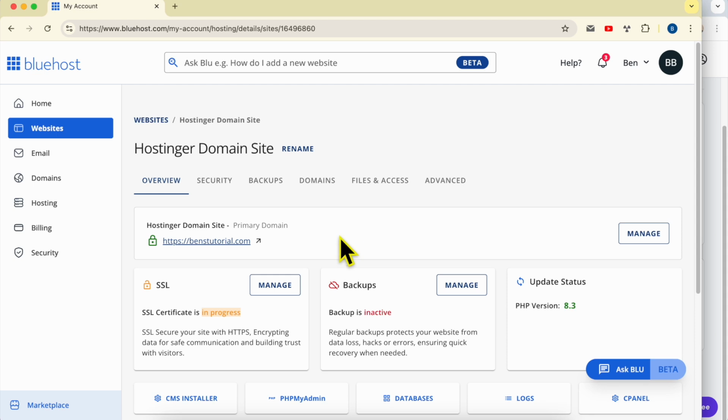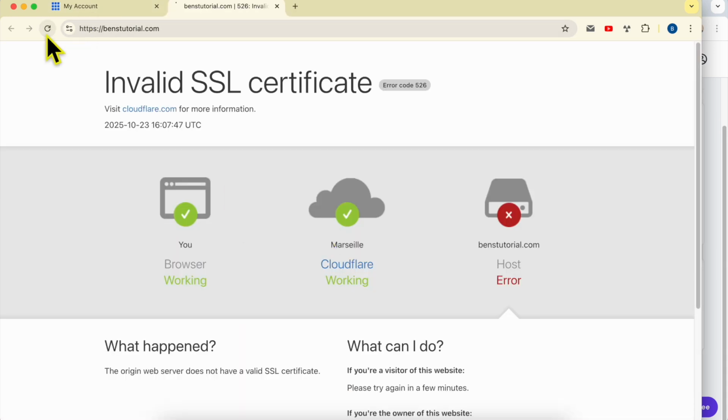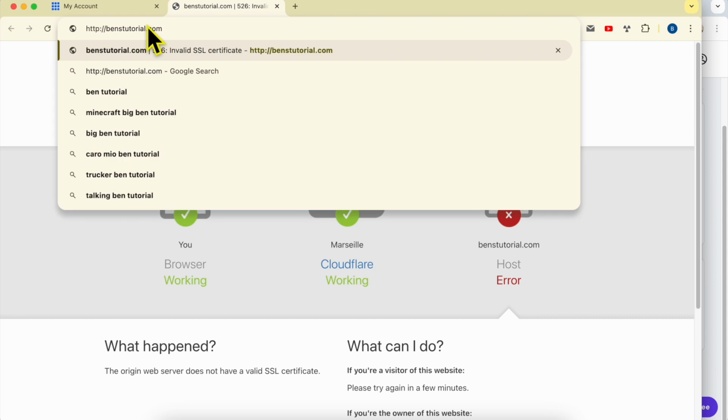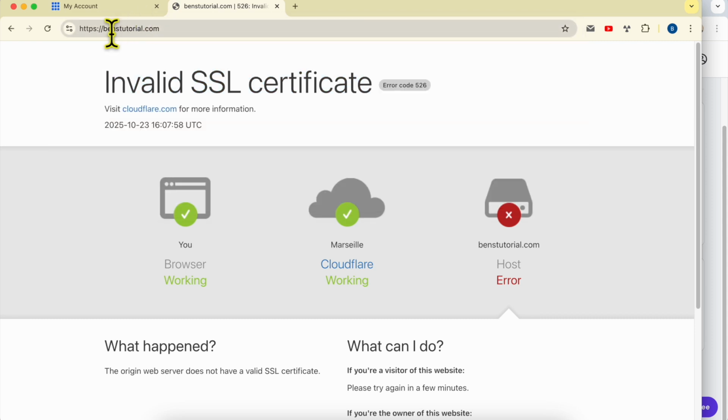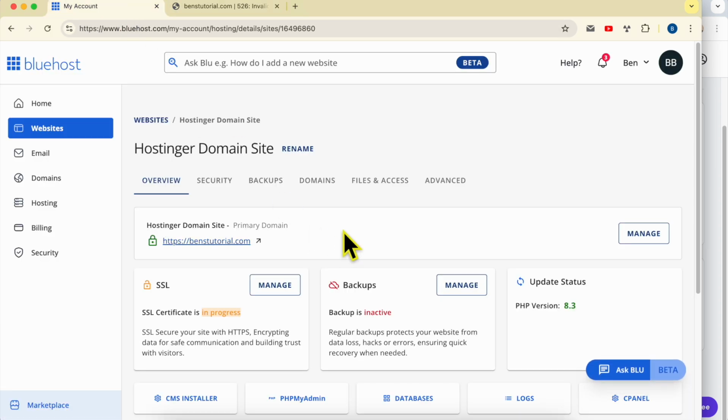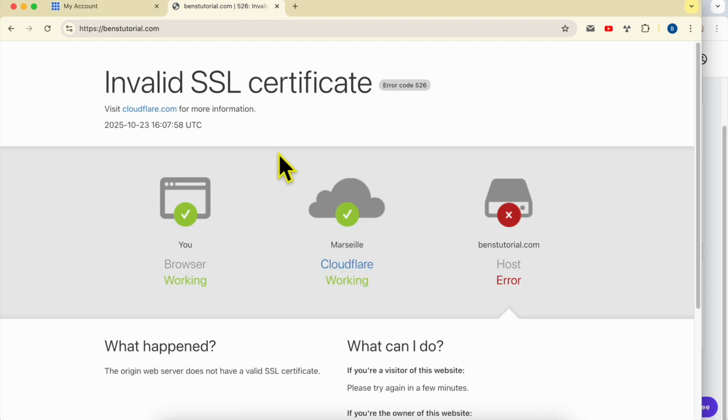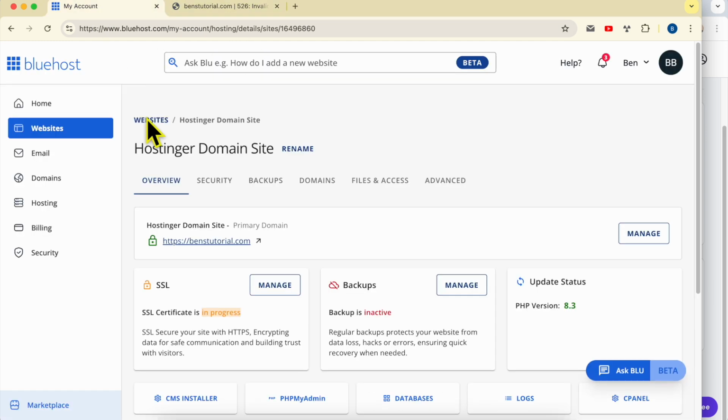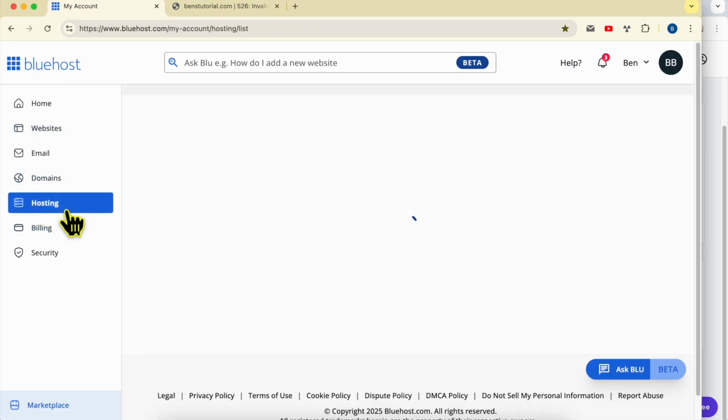Now, let's go back to Bluehost, give my website a visit, refresh. As you see, I have an invalid SSL certificate. Here, if your website shows an SSL certificate error, don't worry. This is normal, because to force installing the SSL certificate, just go back to hosting,